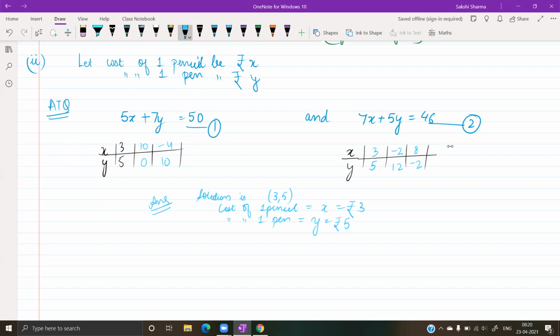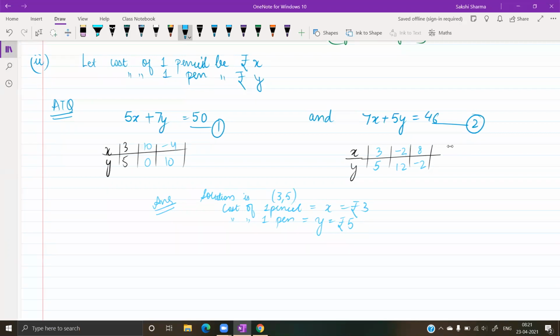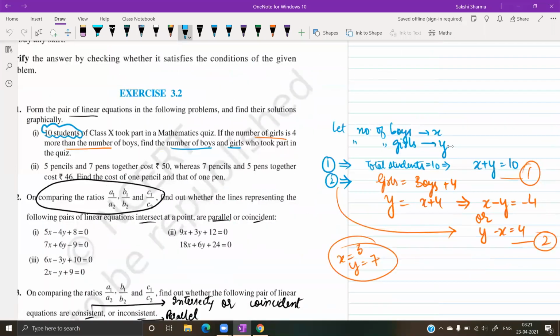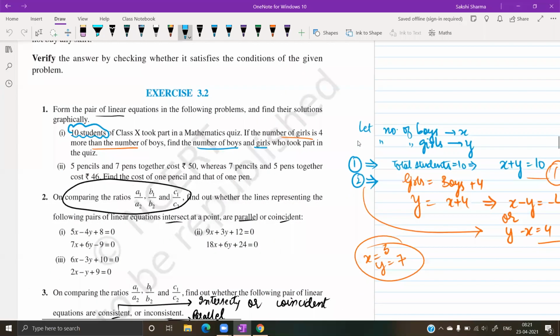If there's no one who's noting this down, we can proceed with the next question. Let me know if anyone is writing down. Yes, ma'am. Okay. Done, ma'am. After this, we have the fifth question. We have done questions 2, 3, and 4.